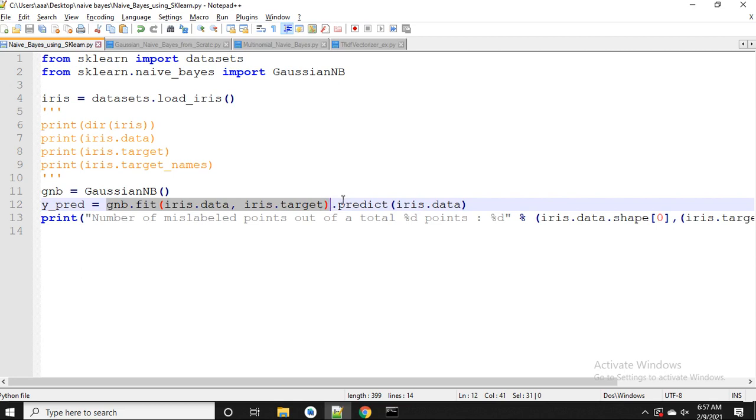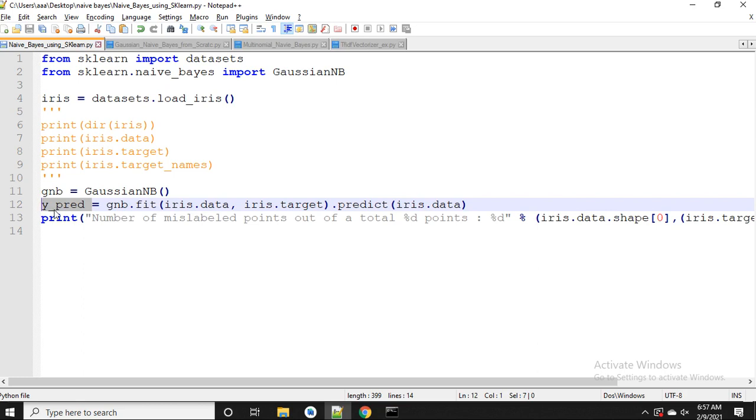But for the simplicity, what I did, this function returns the model object. So using that model object, I call the predict function, and I pass all the data which I used to train my model. Okay, then I सबका सब data pass किया, it will provide the prediction values. And in this prediction, once again 150 prediction values are there.